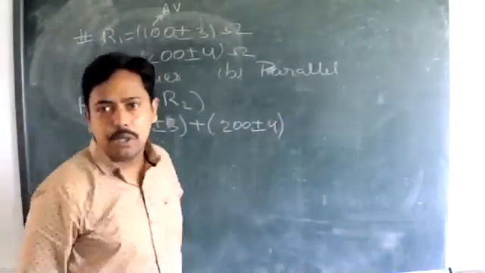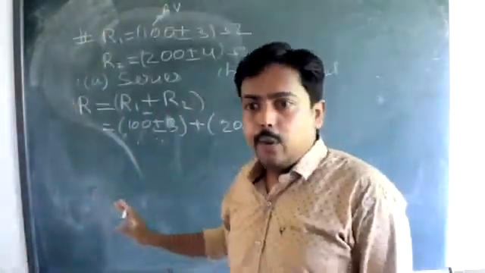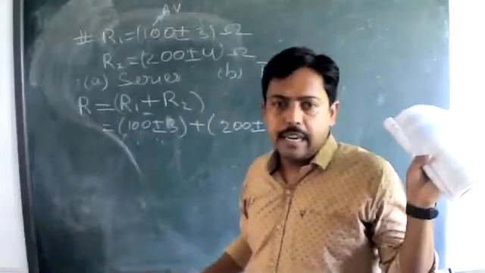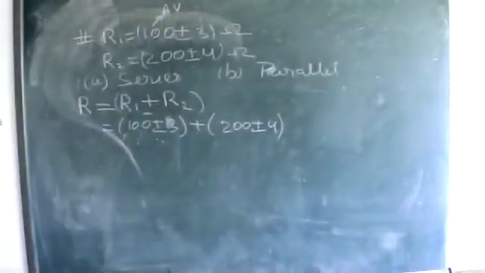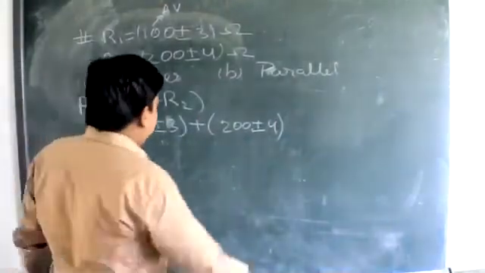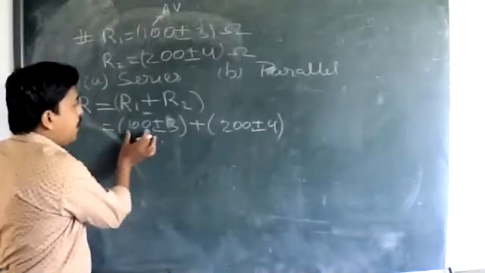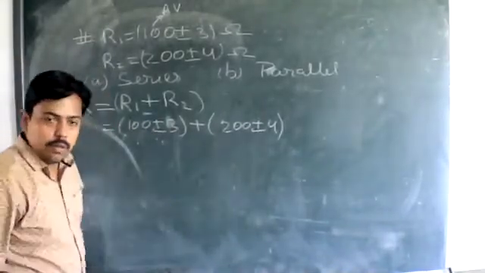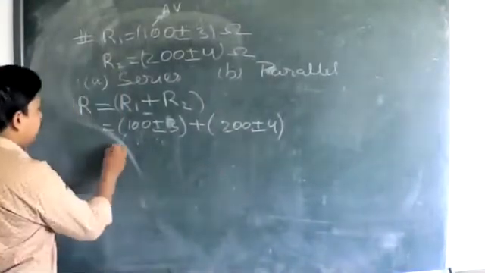Today we will be solving questions. Okay, today I have just stopped the theory for a while, and today we will be discussing the questions which are there in NCERT. Is it okay? So R2 is given here. Okay, so we just take into consideration the actual values and we just add up these actual values and we just keep the error at one side. Okay, that's what we do.